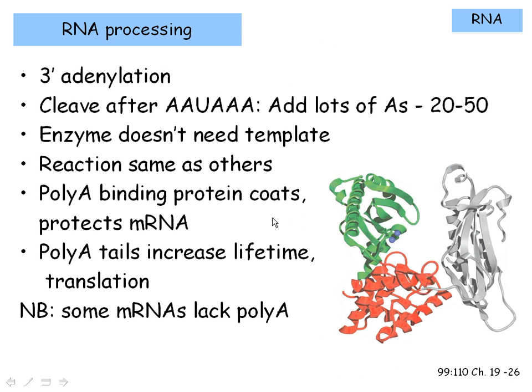At the other end of the messenger RNA, at the 3' end, there's a process called 3' adenylation. And what that consists of is recognizing the sequence AAUAAA, cleaving it at that spot, and then adding adenine residues, lots and lots of adenine residues. 20 to 50 is not uncommon. This is an enzyme that does not need a template. The only thing it can add is A's, and so it just extends it that way. The fundamental reaction is the same as an RNA polymerase. But this poly A tail, as it's called,